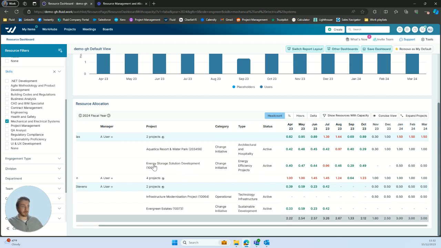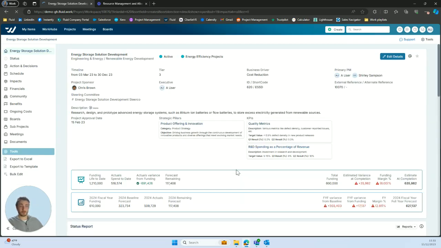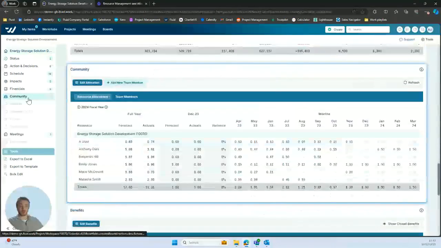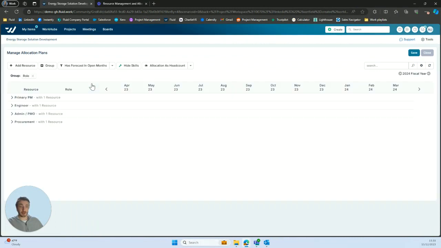So I'll come through to the energy storage solutions development. We'll get Desmond working on that. Come through to the individual project workspace, where I'm able to come down to the community tab, which is where we edit our resource allocations on an individual project level. We'll come through to the edit allocation,